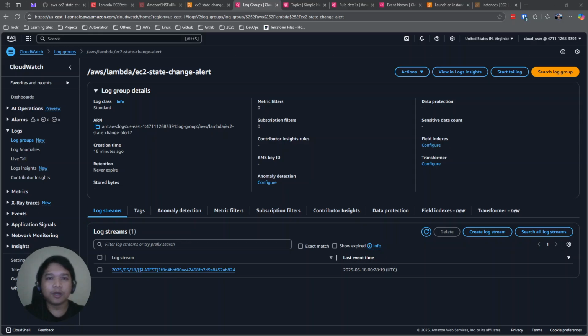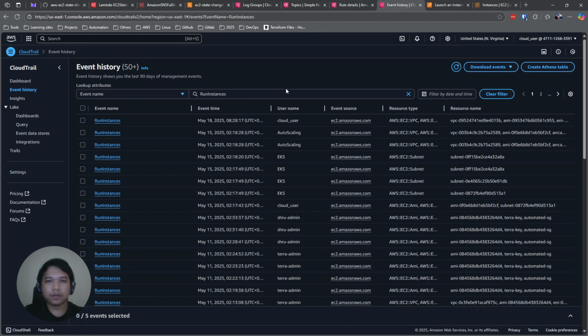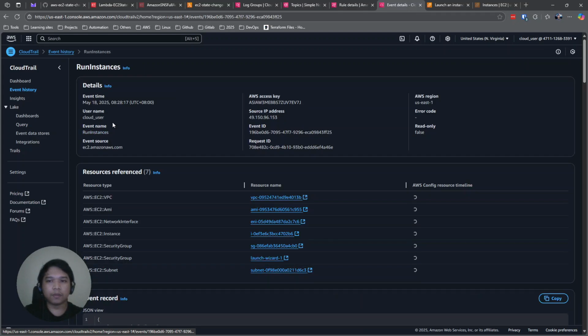Hello, welcome back. So from the event history, as we can see here, we already have the logs for provisioning the instance.